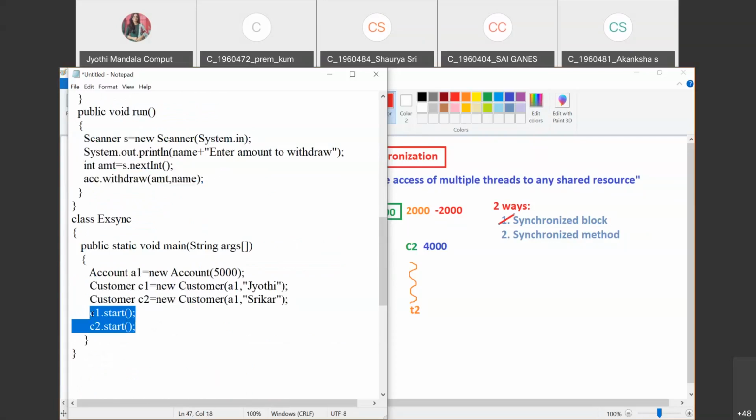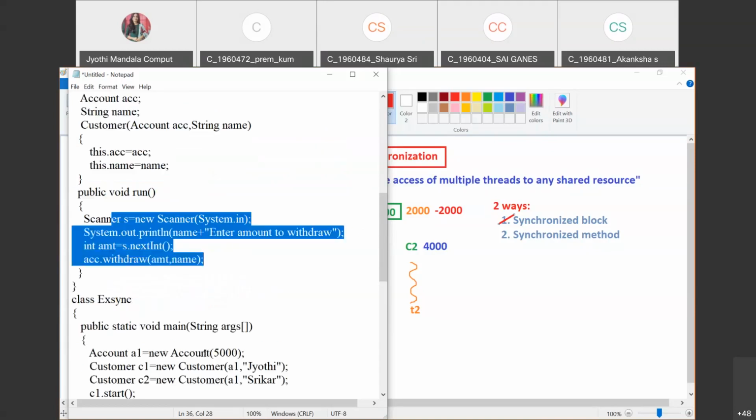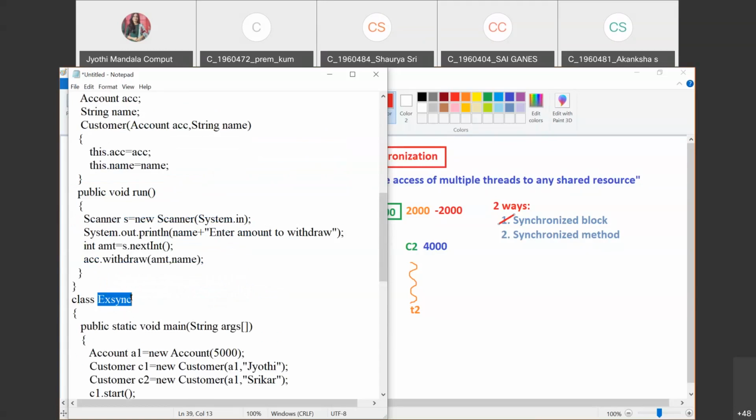So both customers can perform this parallelly, simultaneously. Understood all of you? Let us run this program first and see how the output is displayed, and whether any errors are there.